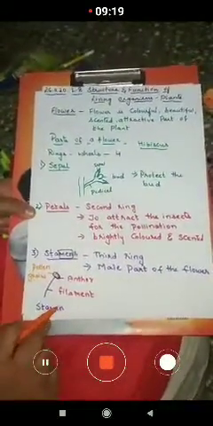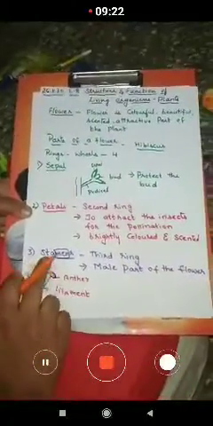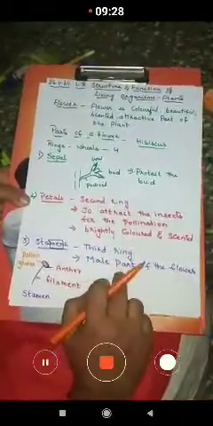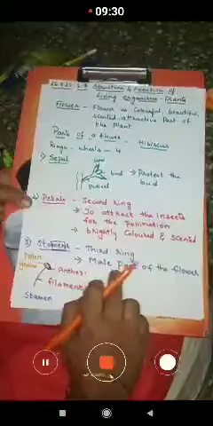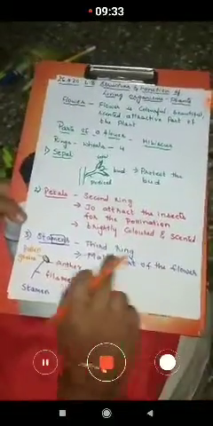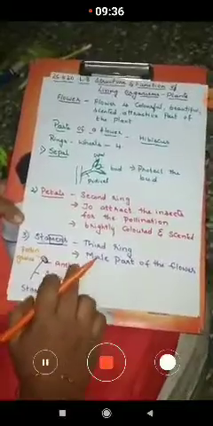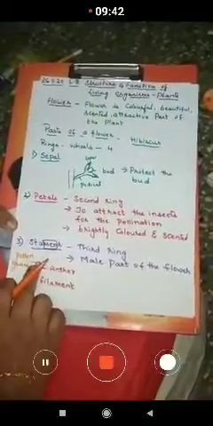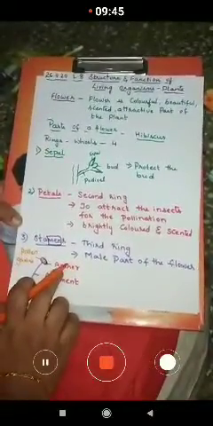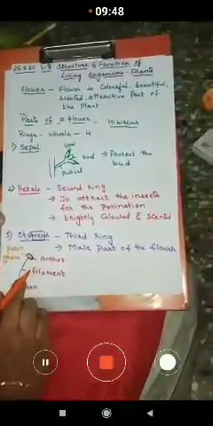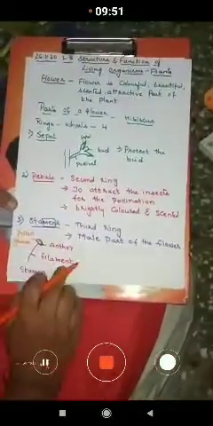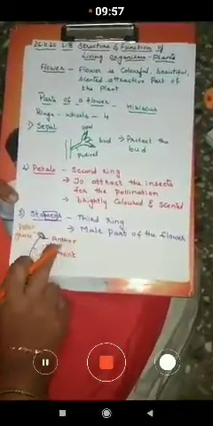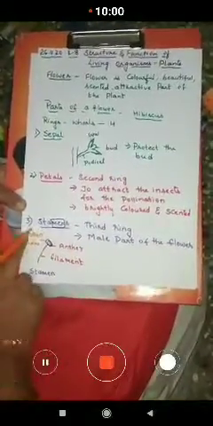Okay, children? So once again I'll repeat, listen. Stamen is the third ring of the flower. It is the male part of the flower. Each stamen has two parts. Now it has a bag-like structure that is called anther. And this anther is attached to a long tube-like structure, and it is called filament. This filament gives support to the anther. And this anther produces pollen grains.